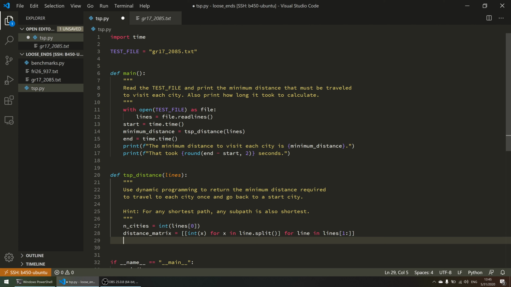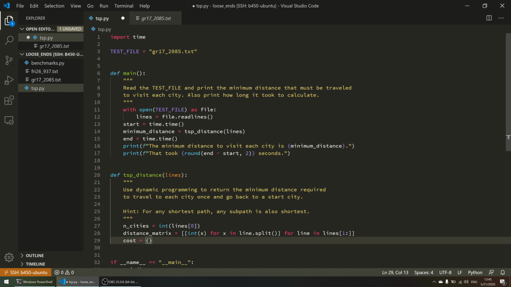Then start building a dictionary of the minimum distance to visit a subset of cities ending on a particular city. At first, I just know the cost to visit two cities, the home city and some other city, ending on the other city, which is given in the distance matrix. I'll make the keys in this dictionary, this memo, tuples of subset and wherever I end on. So cost is